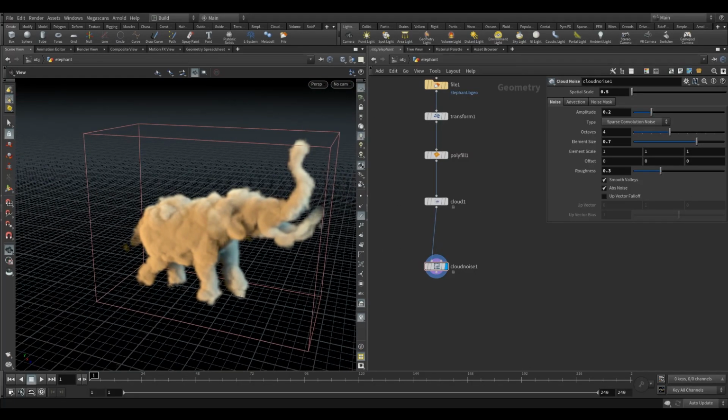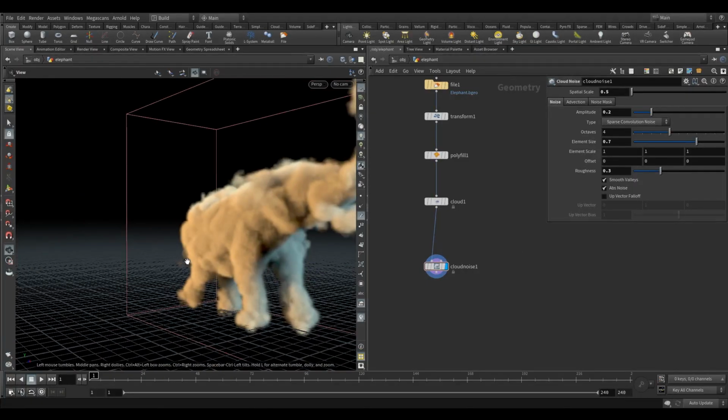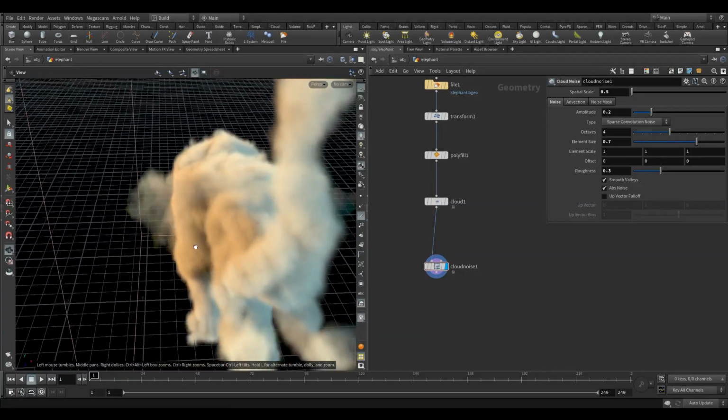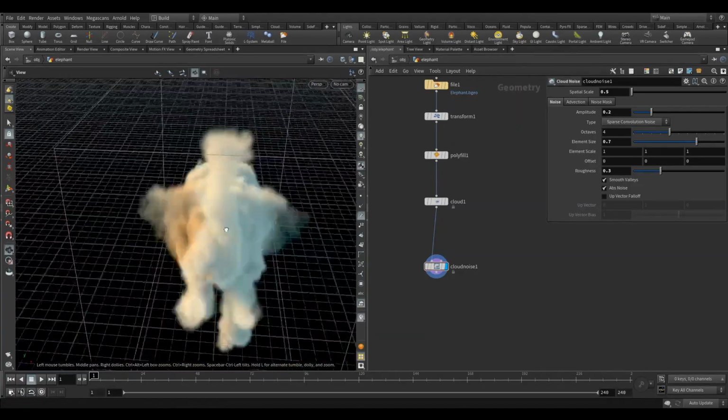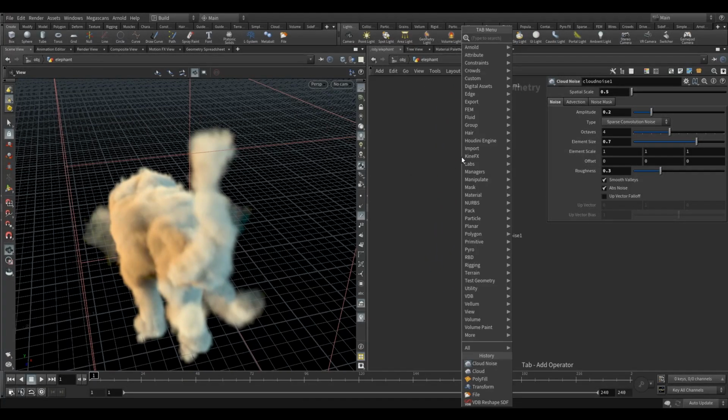One thing I think we can do, or that I will do, is if you take a look at the tail here and the ears, they're almost being lost, and they're important to illustrate the shape of the elephant, right? So if we come before the cloud, I'm going to drop a sculpt